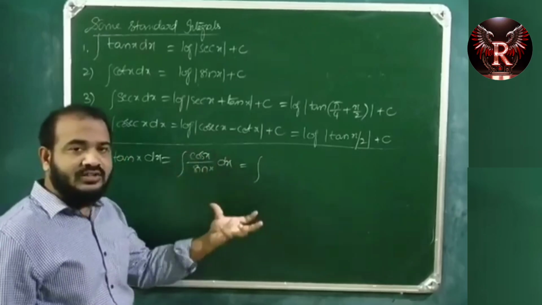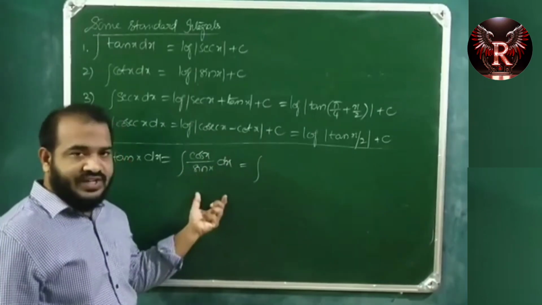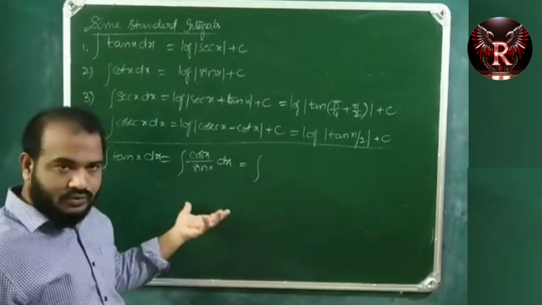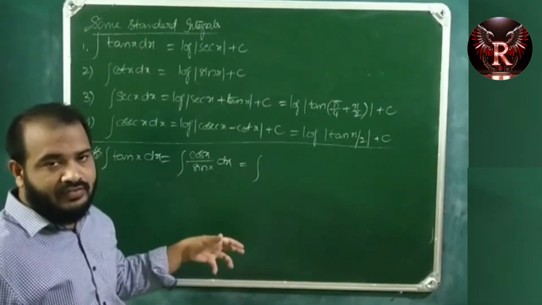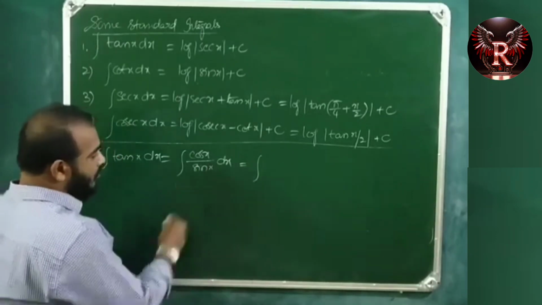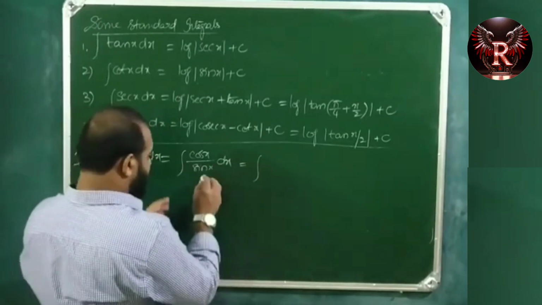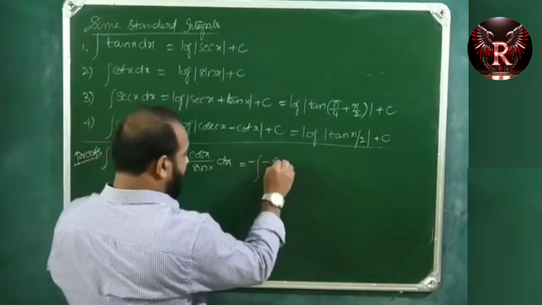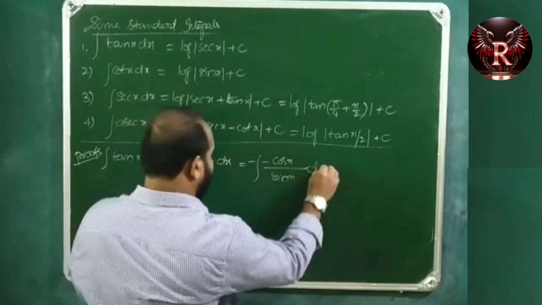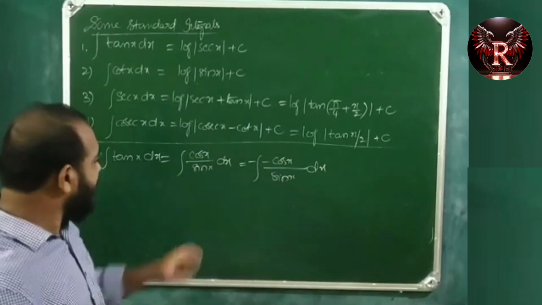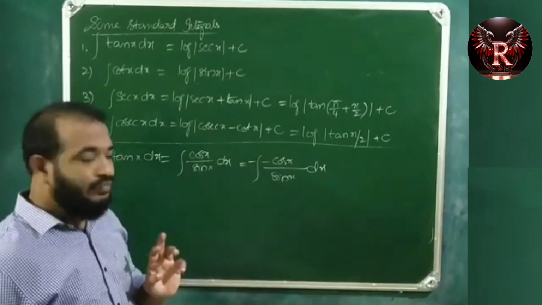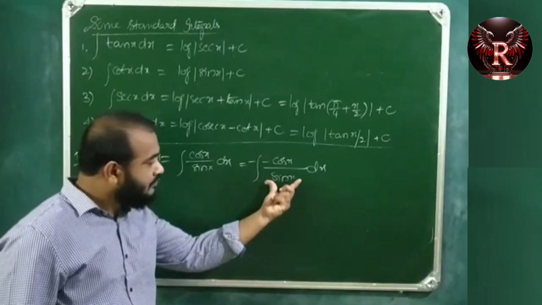So substitution can be used here, but substitution can be avoided also if you are familiar with the results. So here what I am doing is, minus of minus cos x by sin x dx. Without loss of generality, this cos x I have done minus of minus, because sin x derivative is